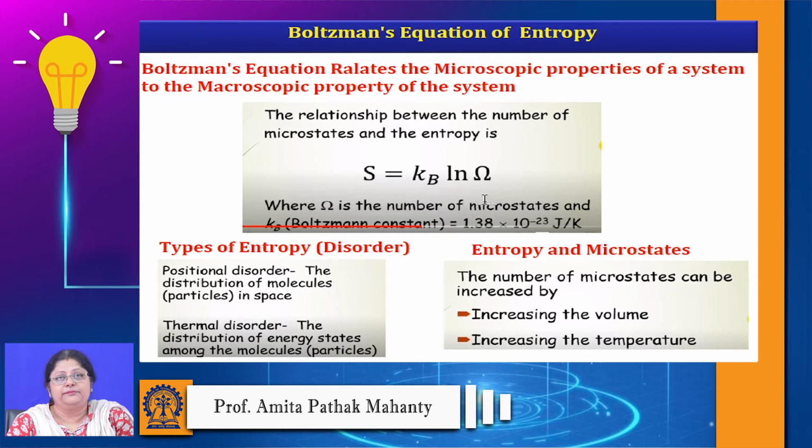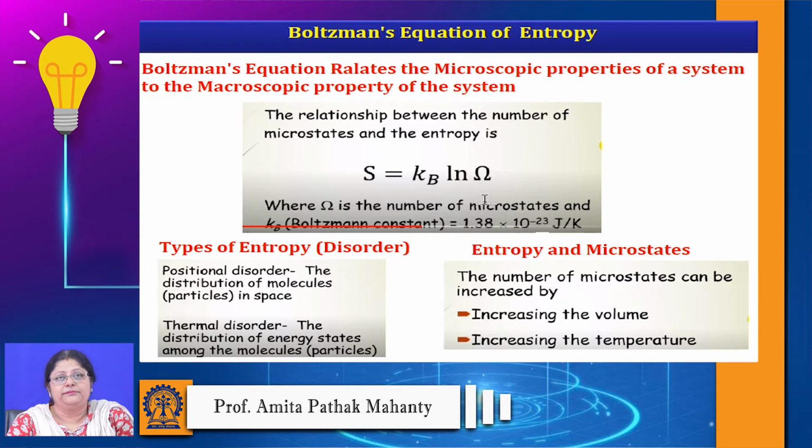See, I said microstate is the condition in which a molecule can be existing with the highest probability. So it's a measure of the probability of the microstate existing for a particular system. And as the number of microstates increases, the disorderness increases. Okay, the number of microstates can be increased in two ways. If the volume is increased, because it is an extensive property, the microstates associated may be increased,